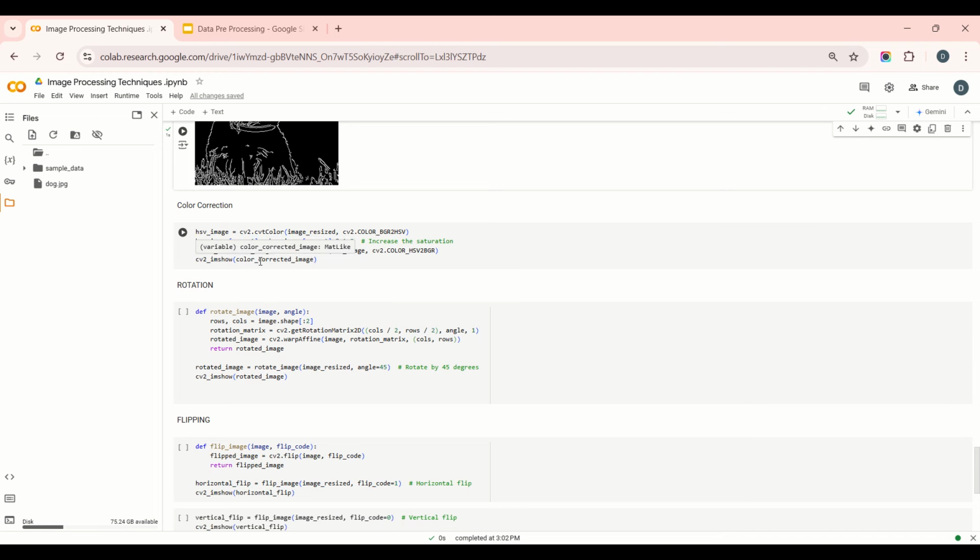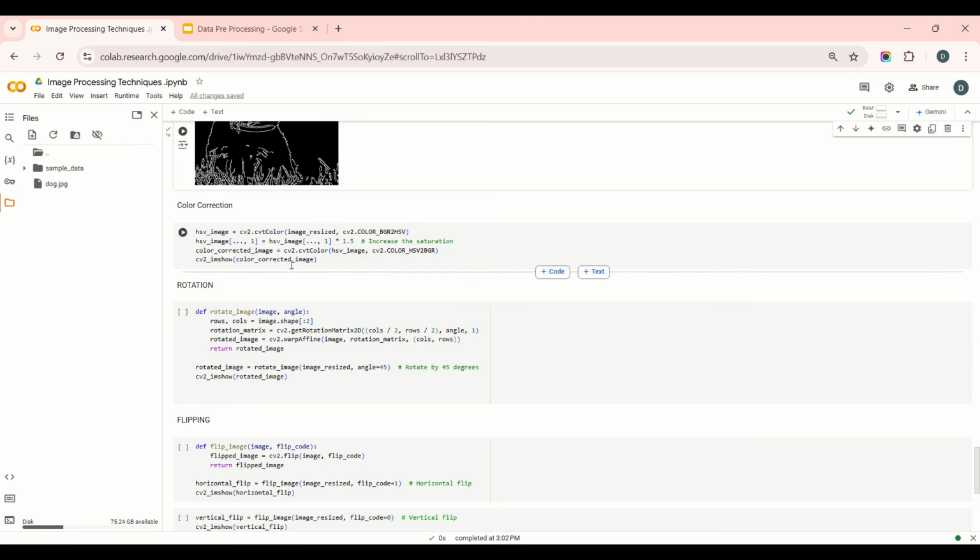When I talk about HSV, it's hue, saturation, value, a color model. Hue defines the color types, such as red, blue and green. Saturation, that is S, indicates the intensity of the color, and V defines the value,